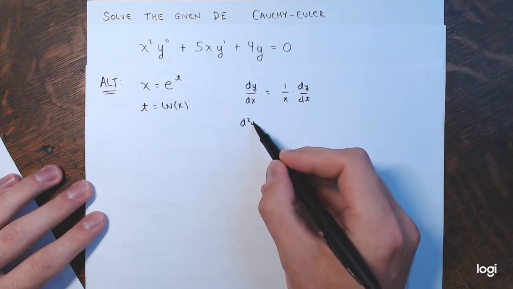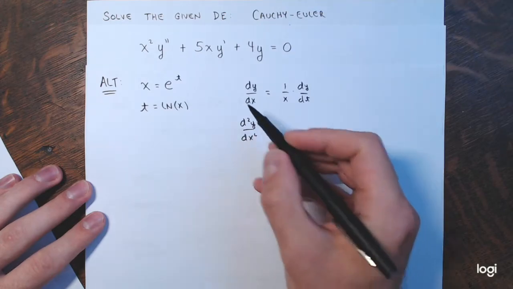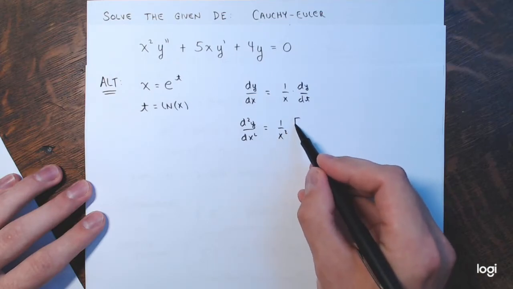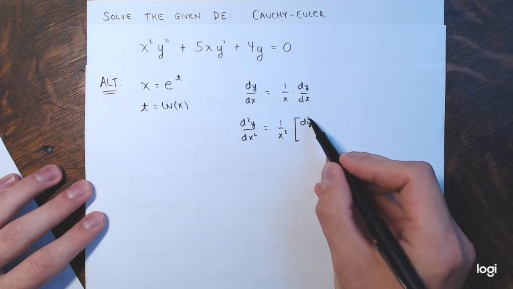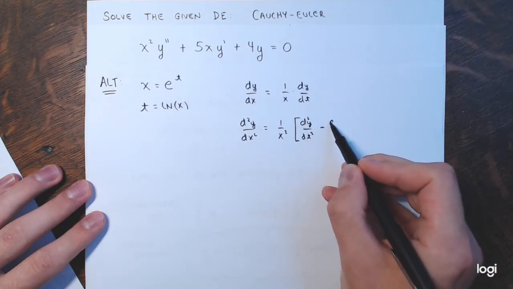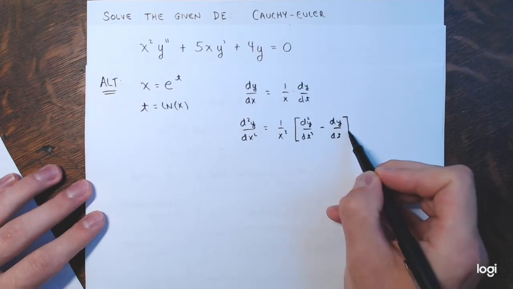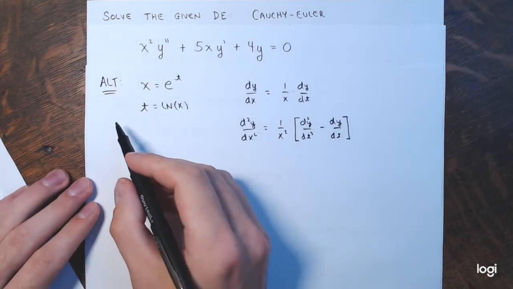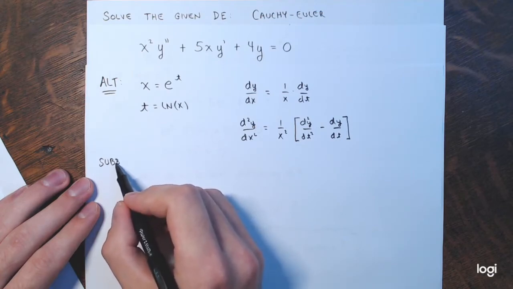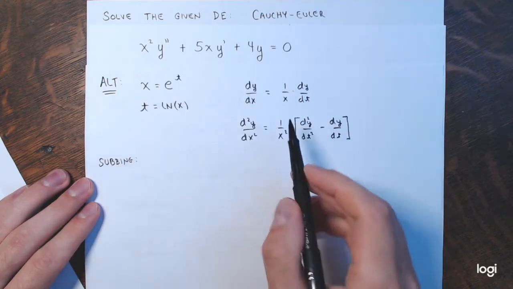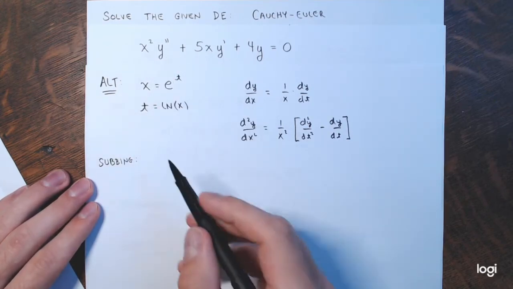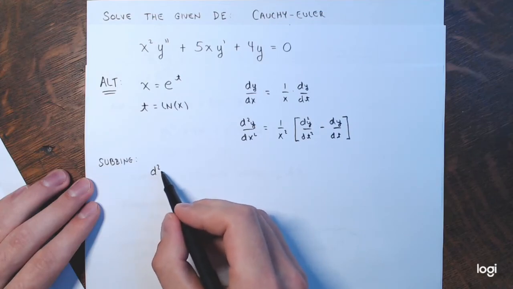And the second derivative of y with respect to x, which is y double prime here, would be 1 over x squared times the second derivative of y with respect to t minus the first derivative of y with respect to t. Right, I found these in the first example. So we make these substitutions. So subbing all this stuff involving t, I'd have x squared times y double prime. So the x squared would cancel. So I have the second derivative of y with respect to t